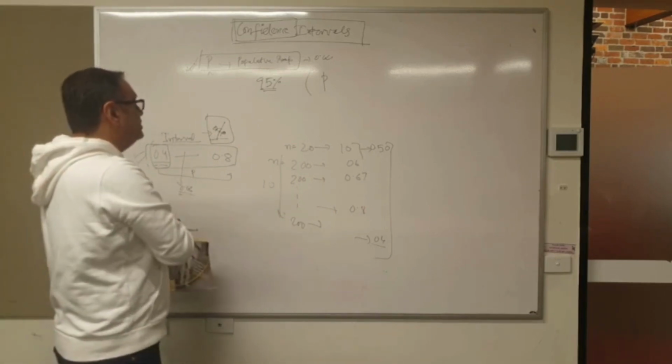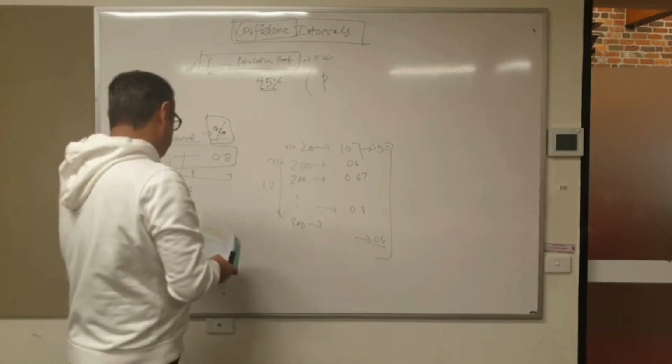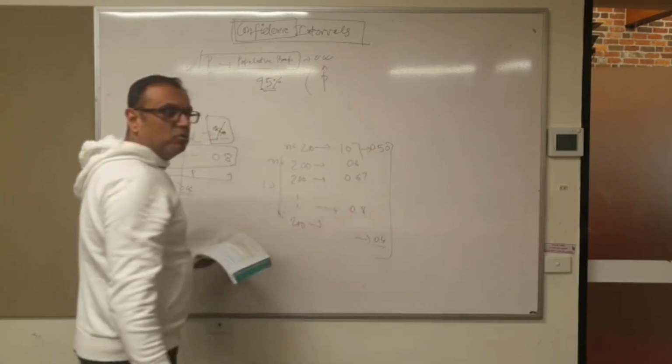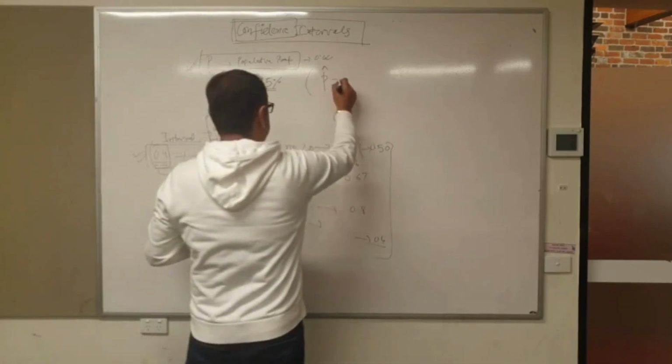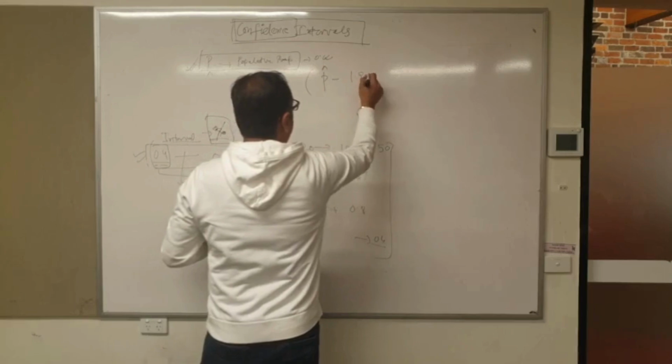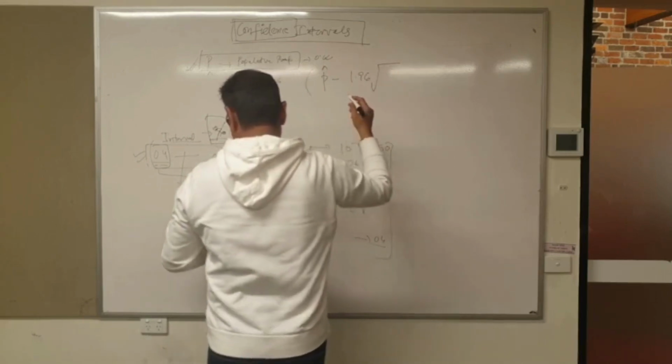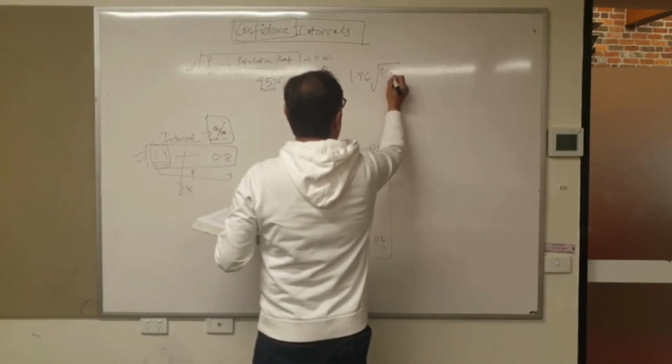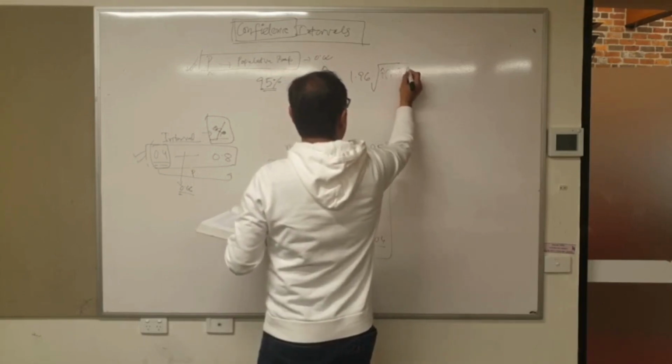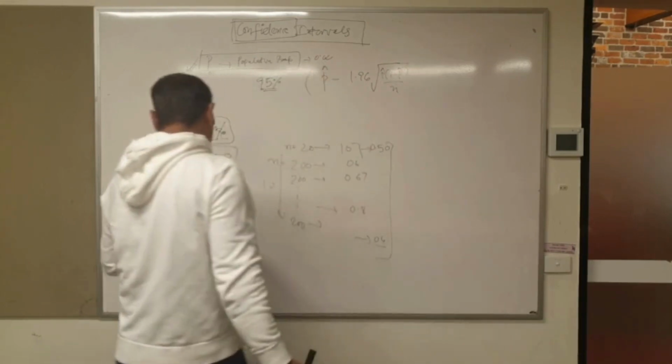So the lower bound is p hat, the sample proportion, minus 1.96 square root of p hat (1 minus p hat) over n,